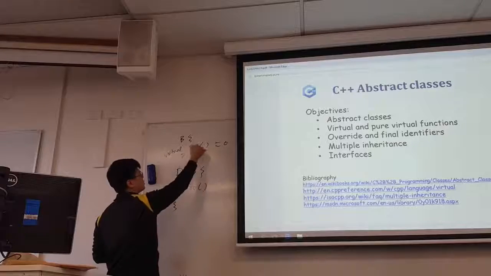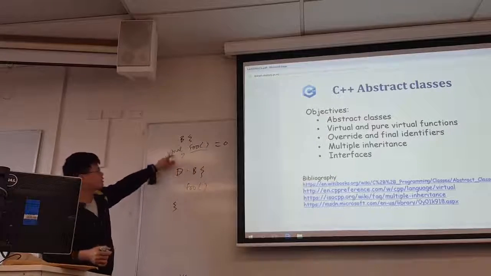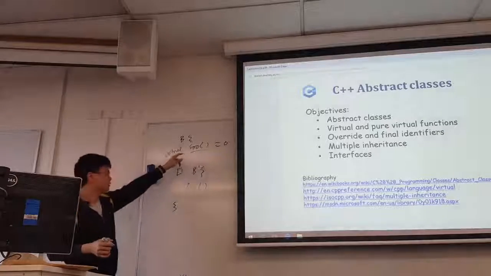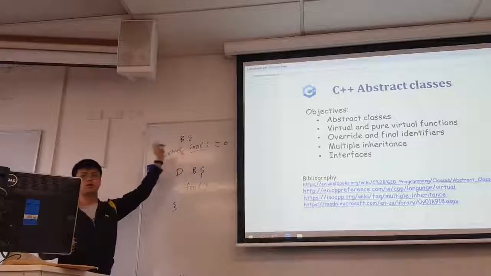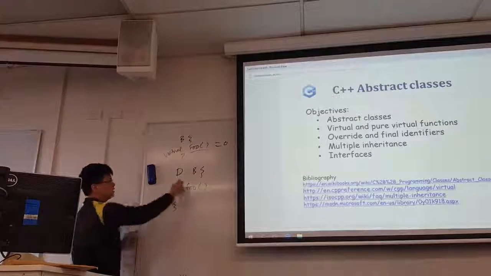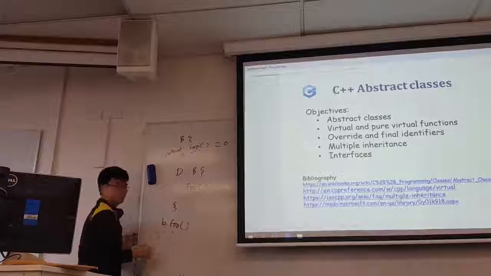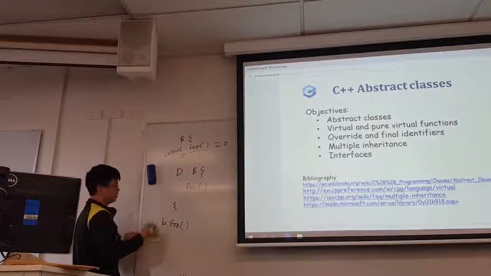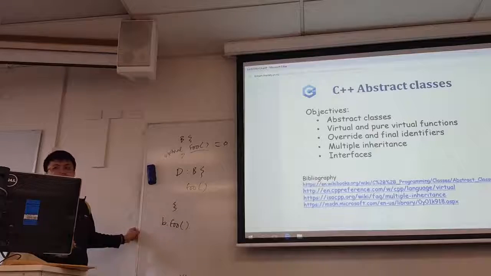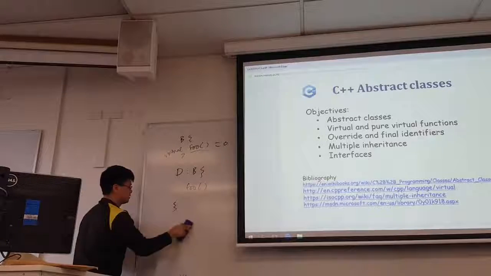You have two foo functions, but in this case, because this one is pure, this one doesn't really exist at all in memory. Only this one exists. Because this doesn't exist, there is no way you can call B's foo. So you cannot instantiate a B class if it has a pure virtual function. It doesn't make sense to do this,